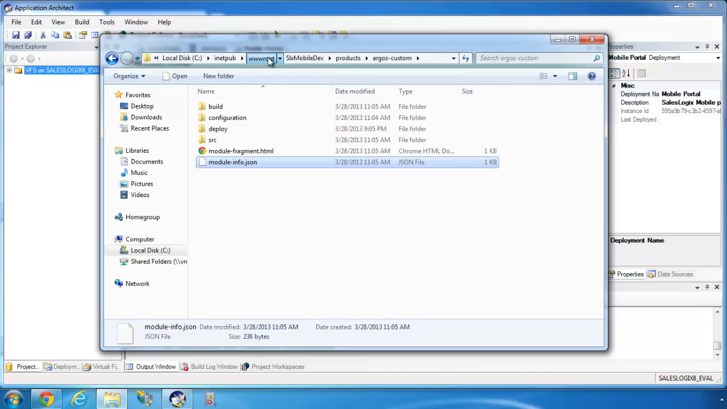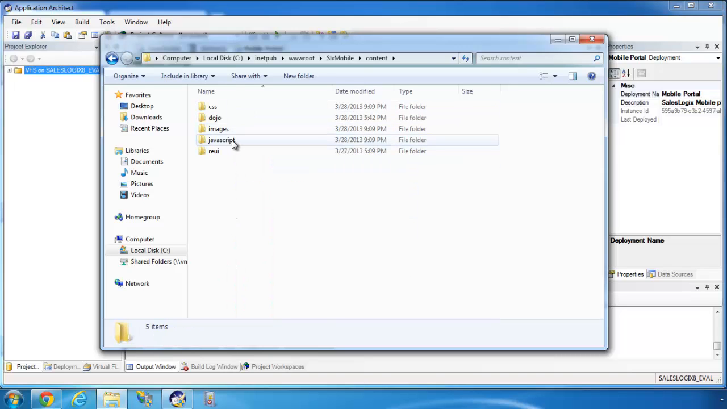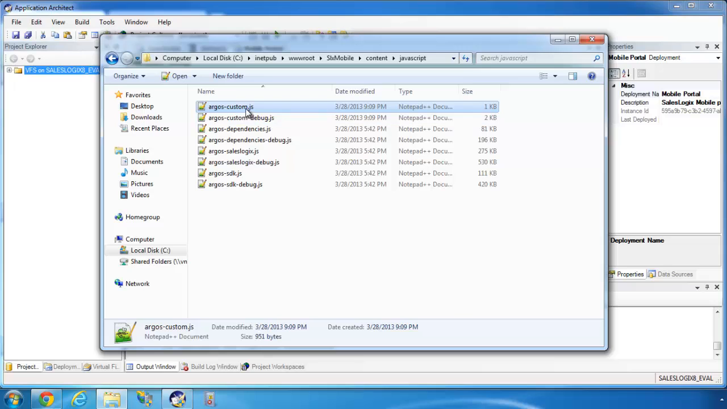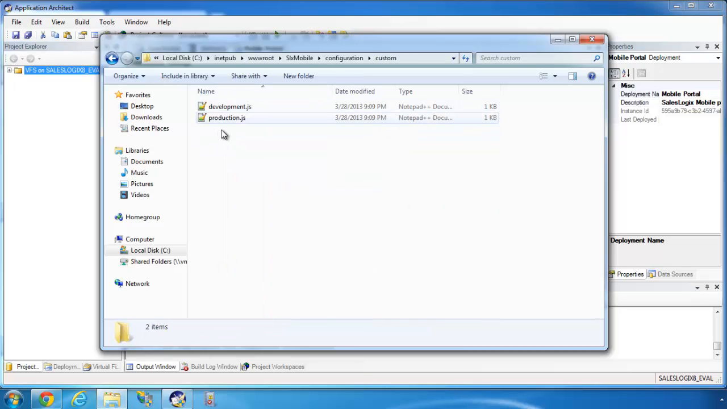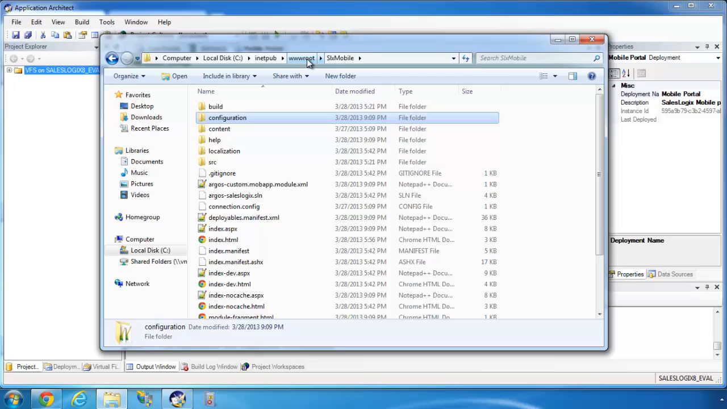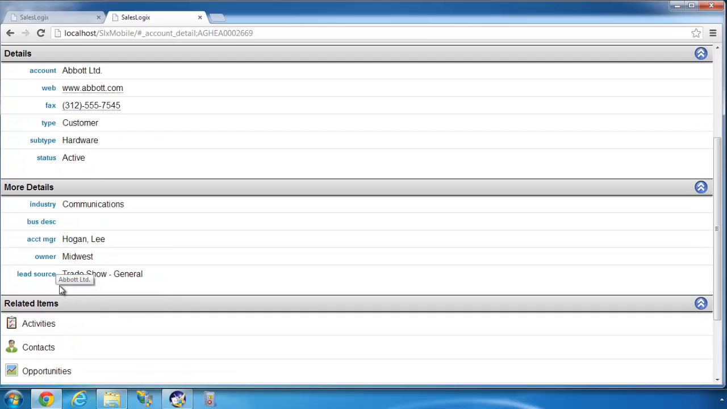But if I look at the deployed production site that we just deployed this, and go under content, JavaScript, here's my Argos custom. That's our code we just added. Our configuration is also listed under the configuration, then custom, and here's our files. So those are all now there, and if I go to here's the SalesLogix Mobile, not our development environment, the actual production deployed version, and I can see that there is no field down here, and I'll refresh it,